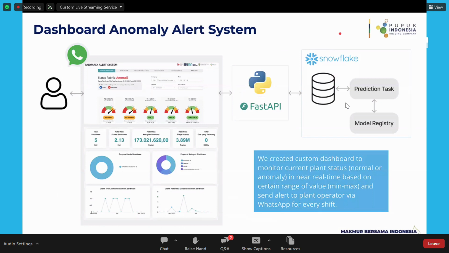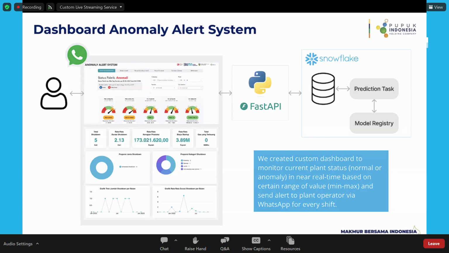This is the dashboard for the anomaly alert system. So this web app will be facing the customer side. After we develop the model inside Dataiku, we put the model inside Snowflake, and we set the prediction task there. And then we expose the data using FastAPI and Python as a backend system. Then for the front end, we develop a custom web app to show the plant status in near real time based on the